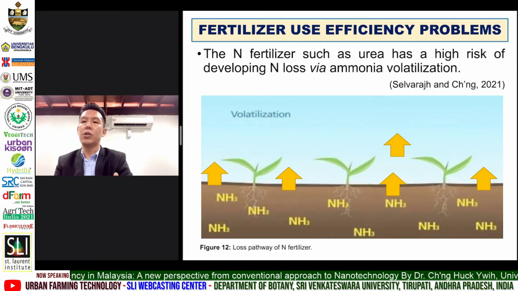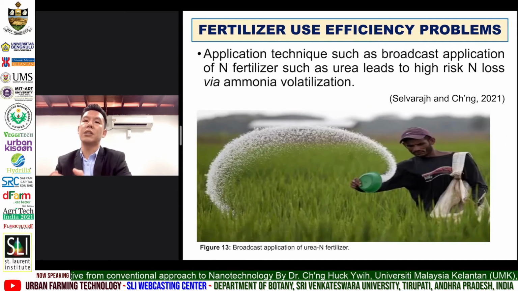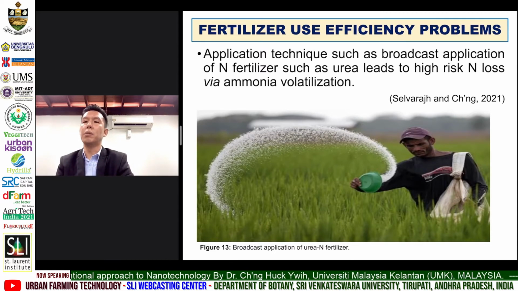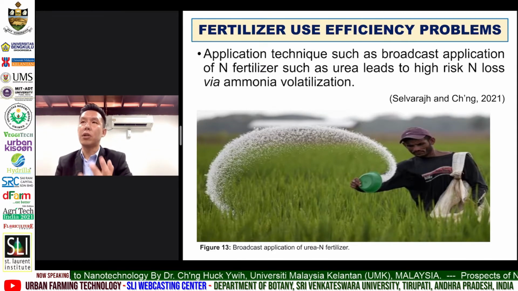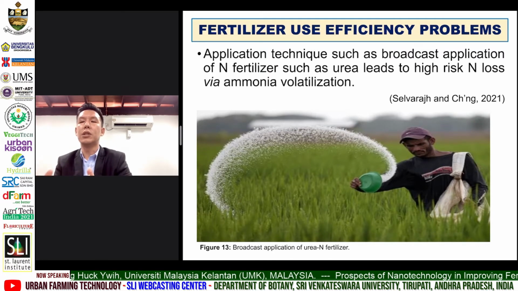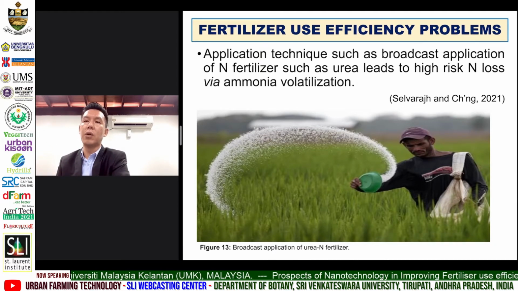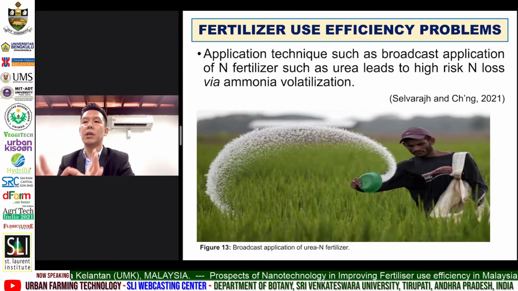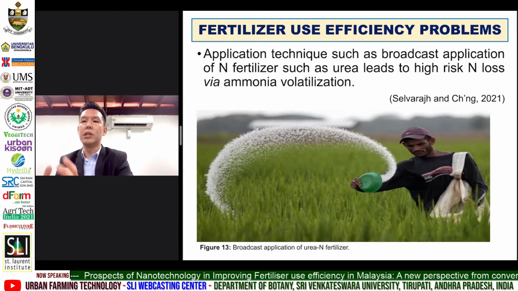Not only that, in order to overcome the nitrogen loss, farmers tend to apply excessive nitrogen, which creates an environmental problem, and at the same time it is very costly, because when you apply excess nitrogen fertilizers, some of these fertilizers will be leached away into the underground water bodies, because not 100% of the applied fertilizer will be absorbed completely by the plants. So when these nutrients leach into the water bodies, they tend to accumulate in the long term, especially nitrogen and phosphorus, and then trigger environmental problems such as eutrophication, which is algae bloom.